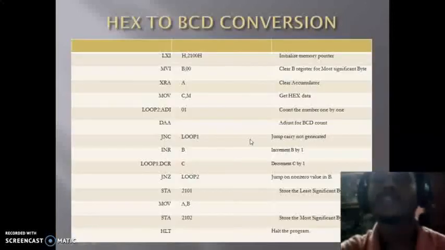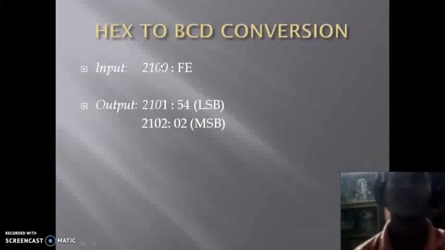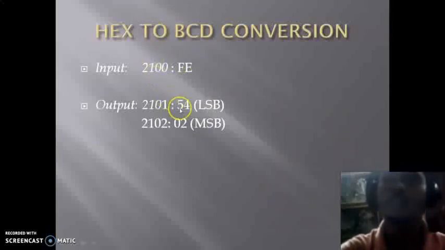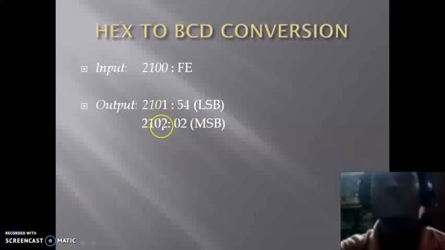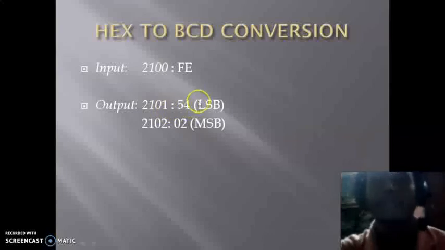So next we will try to find out hexadecimal number to BCD number. Here the example is: at location 2100 we have the hexadecimal number FE, and we have to convert it into a decimal number, and this BCD number is stored into 2101H and 2102H. The data stored in 2101 is 54, and 2102 is 02H,